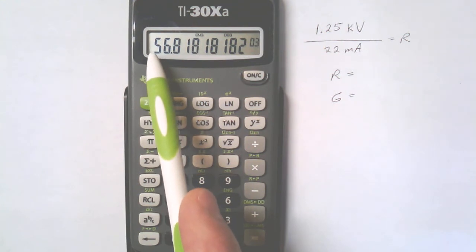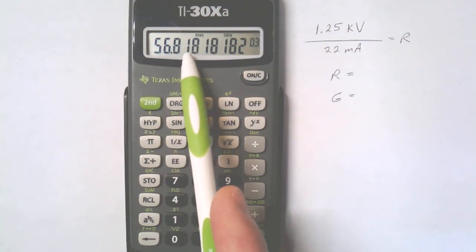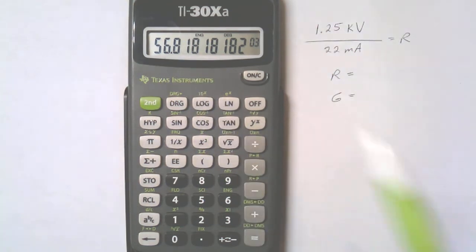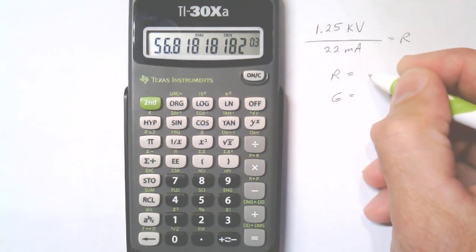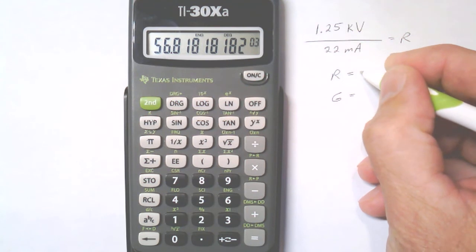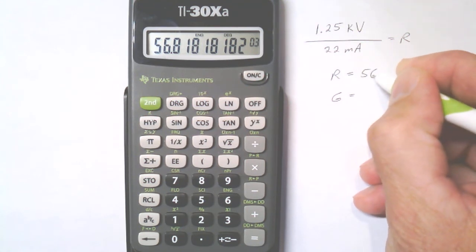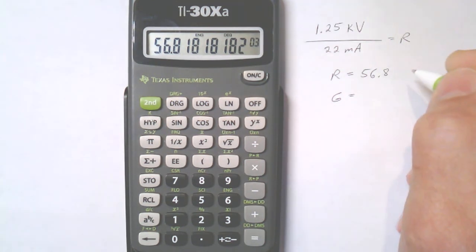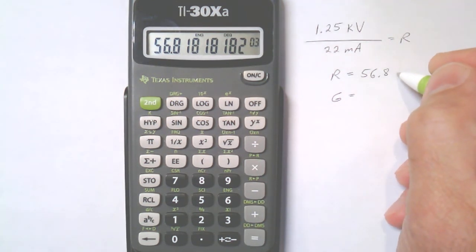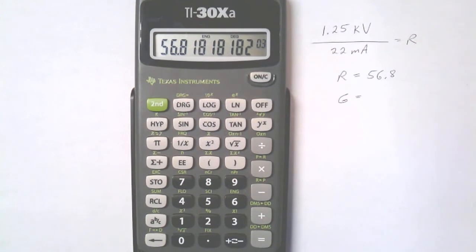For a lot of things, 3 significant figures is okay, which would mean I would just grab 5, 6, and 8. I don't need the rest of it. But however many figures you want to take it out to, if we want to do 5 significant figures, we could do that. But a lot of times you'll hear me stipulate that 3 is adequate. Okay, so 56.8, and if we needed to, we could carry on more digits. 56.8,